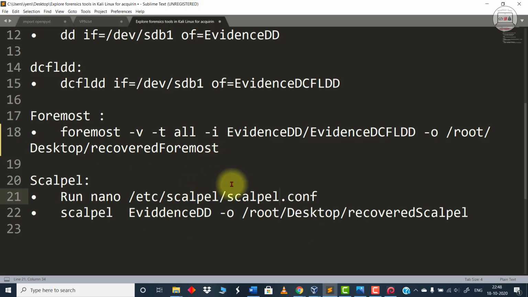foremost space -v, -v stands for verbose, -t space all space -i stands for the input. Input is nothing but the image file which we have just now created. We can either use the DD file or the dcfldd file, whichever you deem fine, whichever you find suitable. No issues with that. Space -o. -o stands for the output file, and over here we are giving the path of that output file, which will be basically present inside a folder. So what we need to do is,